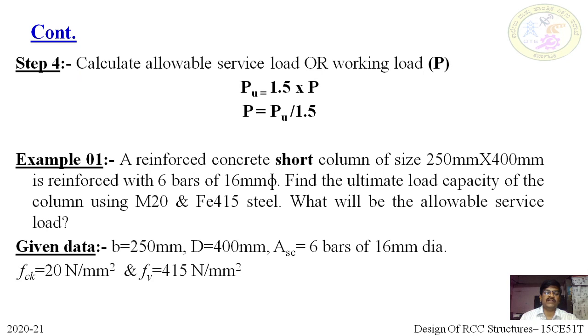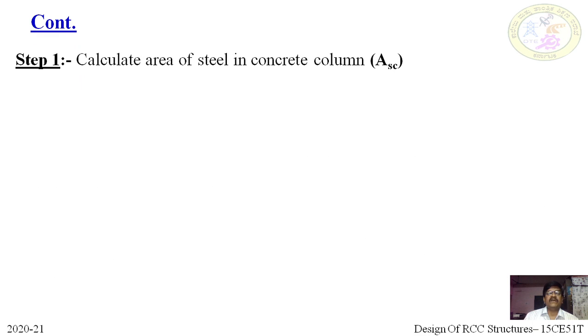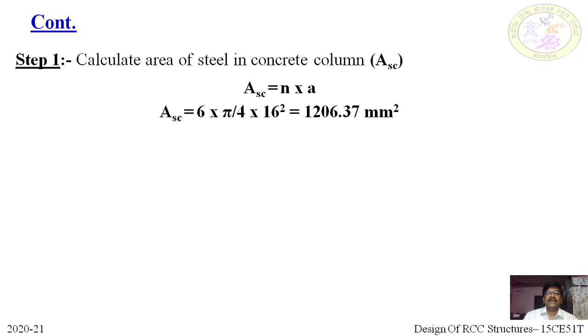First note down the given data. B equals 250, D equals 400, ASC is 6 bars of 16 mm diameter, FCK is 20 Newton per millimeter square, FY is 415 Newton per millimeter square. First step, calculate area of steel, that is ASC equals N into A. Therefore ASC equals 6 into pi by 4 into 16 square,